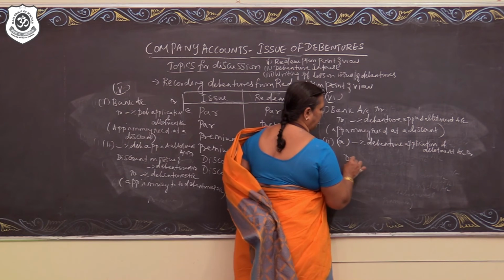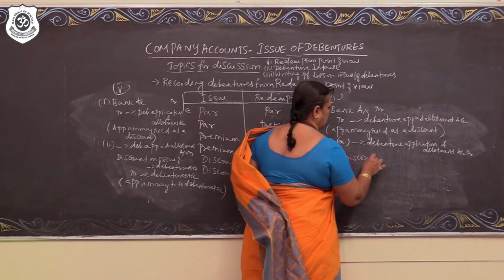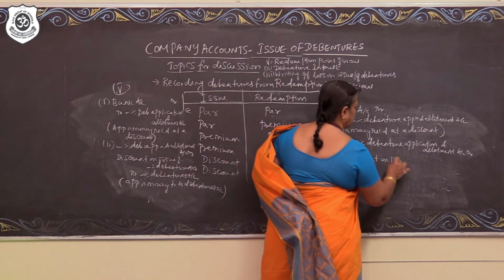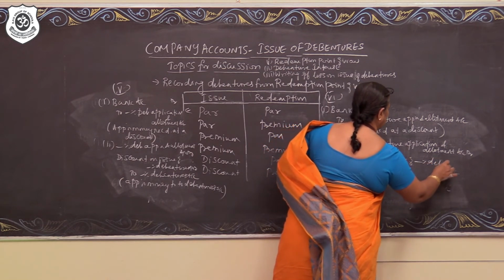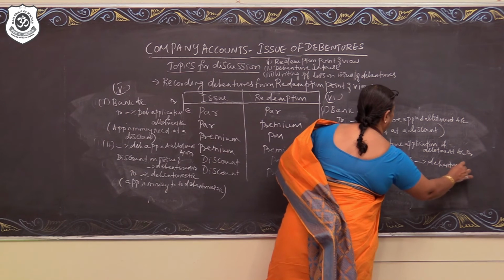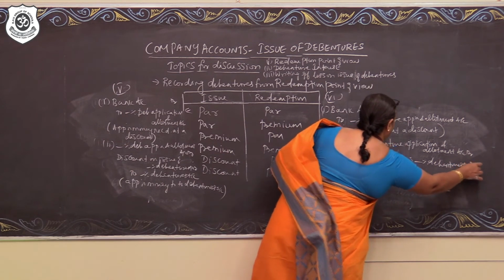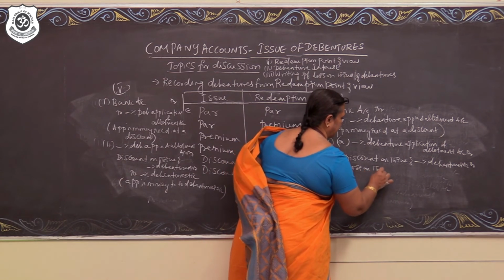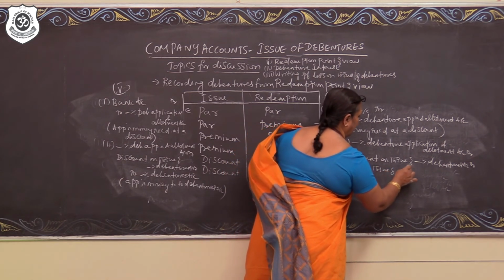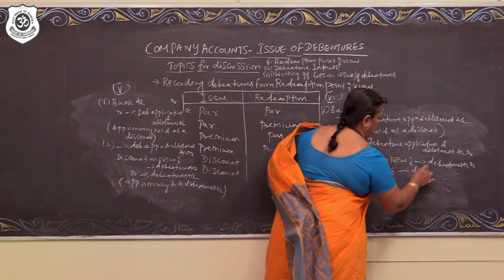We are splitting between discount and loss on issue. So, discount on issue of dash percent debentures account debit, loss on issue of dash percent debentures account debit,